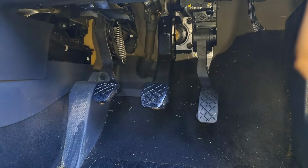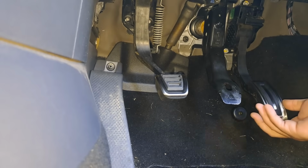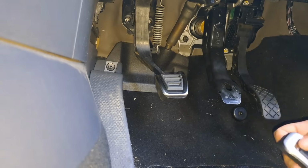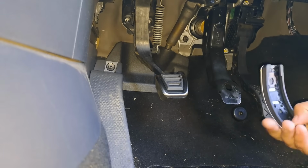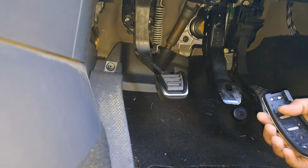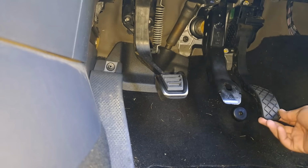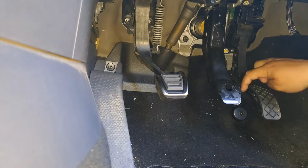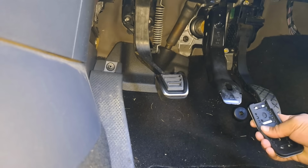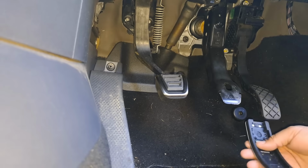But first, we need to remove the old ones. Well, that is a kick in the balls. This won't fit on here because one, obviously this doesn't come off, but two, there's more of a gap on this side, like more of a lip here, and there's no lip here for this to latch onto. Like, I mean, no lip at all. So